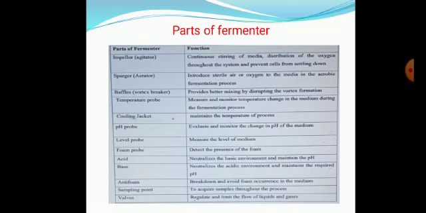Next thing is temperature probe. You can see in the fermenter, at many places they would have kept this temperature probe. See, fermenters are very huge, large scale fermentation. A probe will not be present only in one corner of the fermenter. At many points in the fermenter, thermometers will be kept just to check the temperature. So we call it a temperature probe. The purpose is written there, to measure and monitor temperature change in the medium during the fermentation process. So they will not use only one probe, they will use many probes at different places connected to the fermenter. Next is cooling jacket.